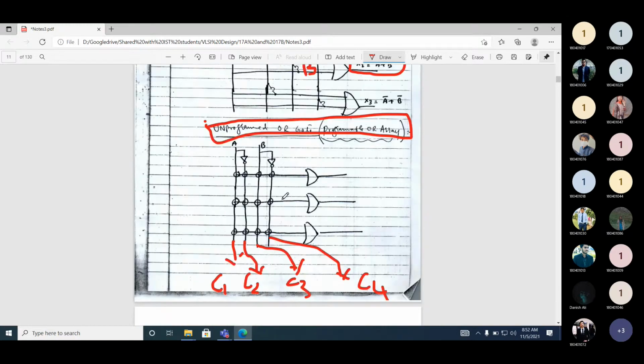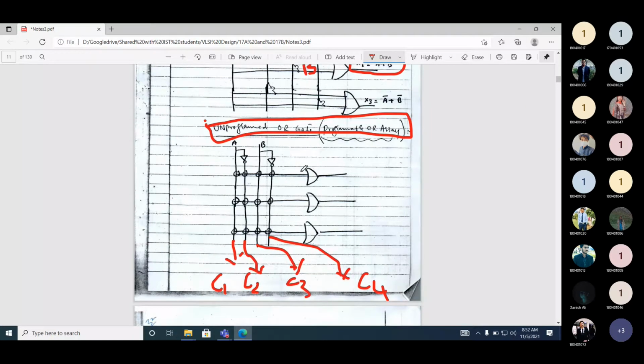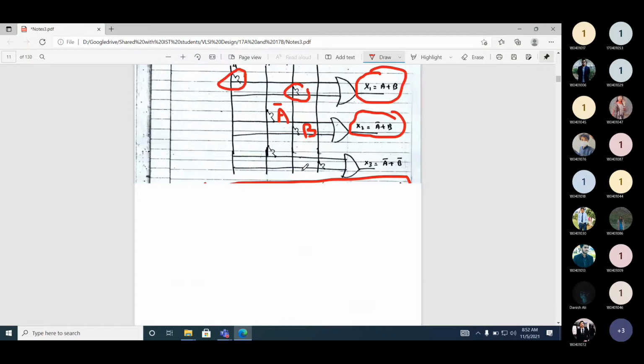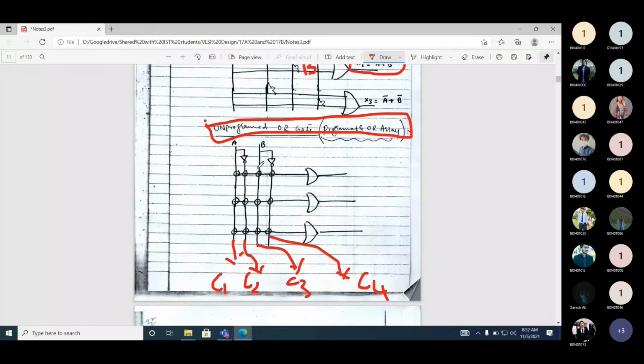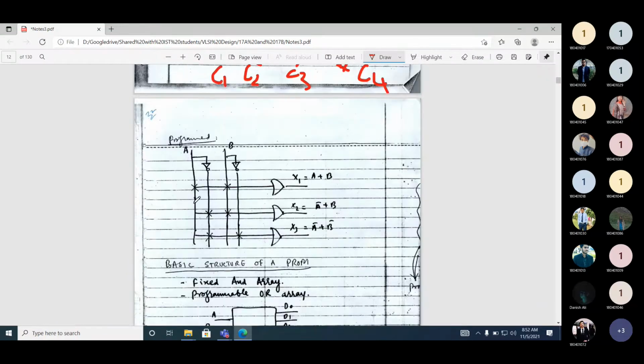Okay. So actually we have not shown all of the switches. If it is a bubble circle, it means it is unprogrammed. If this is a circle, it means it is unprogrammed. And if you want to program it, we can have a cross. So it means that now we have retained the switch and the other switches are blown.